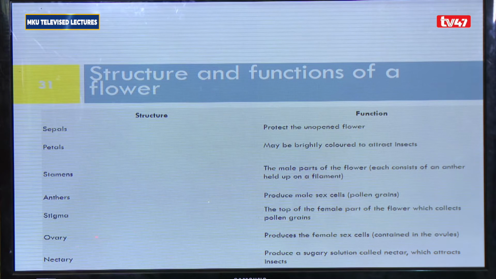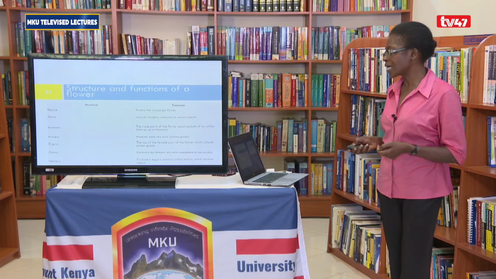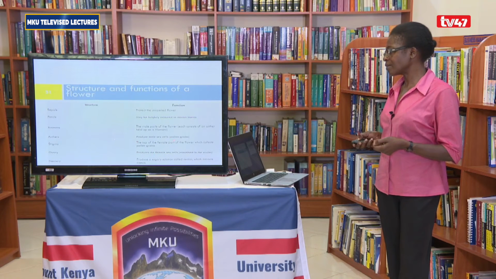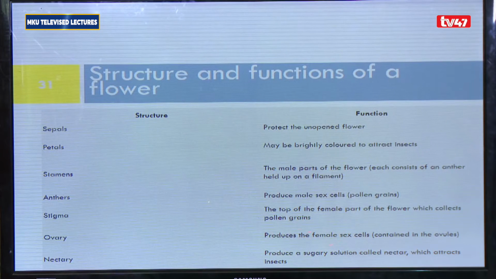We mentioned the ovary. The ovary is found at the base of the pistil, and this is where the ovules are found. Ovules contain the female gametes in the plant, where the female gamete within the ovule is actually the embryo sac, where the egg cell is found. In some plants, the pistil may also have the nectary. The nectary produces nectar, a sugary solution,